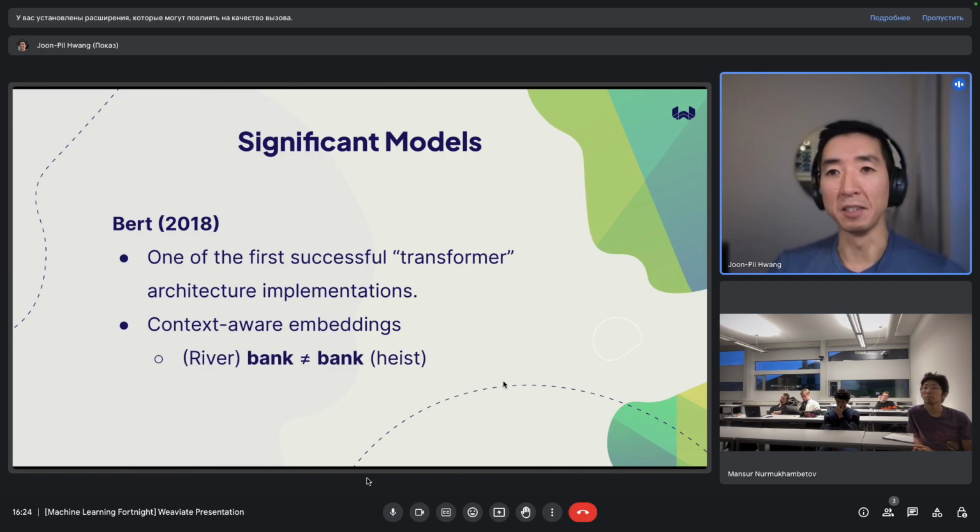A river bank is basically a body of dirt that is on the side of a river. Whereas in a bank heist, a bank is some place where you hold money, kind of. So a BERT model, or these transformer models, were able to capture the context.